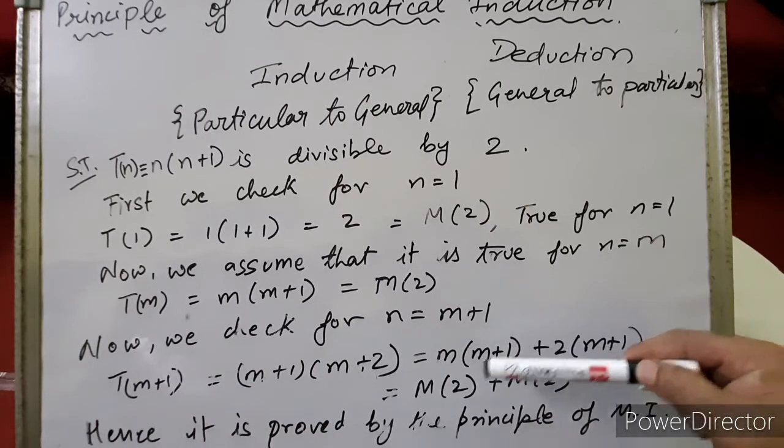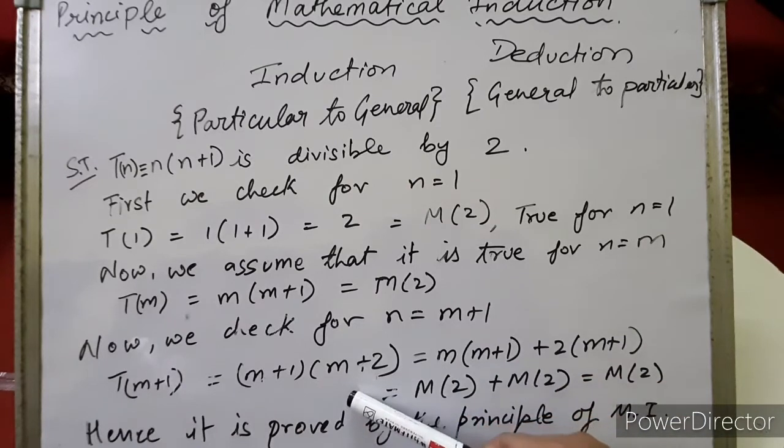Right? So if we put n equals to m plus 1, it will become m plus 1 bracket m plus 2. Right? The product of m plus 1 bracket and m plus 2 inside bracket. Now children, this m can be multiplied with m plus 1 and this 2 can be multiplied with m plus 1. When we multiply, we can write this term as m into m plus 1 plus 2 into m plus 1. See children, you can take m plus 1 common from here. It will again get converted to this expression. In factorization we have studied.